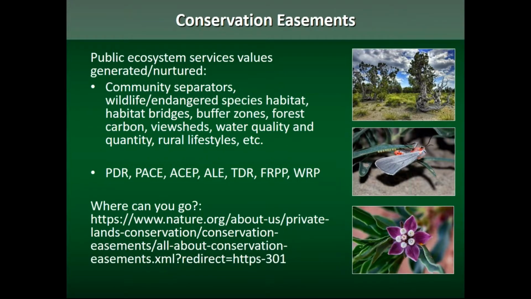On the benefit side, what sort of values are being generated? What sort of ecosystem services are being generated? Well, this is a planning and zoning tool, essentially. So here in Colorado, where we're growing very quickly and getting increasingly wealthy, there are issues with urban sprawl. And one way to pull in urban sprawl is to make sure that the agricultural lands are not going to be converted to residential properties. Again, it's for zoning. So one way we have used this tool is to create separators between communities,